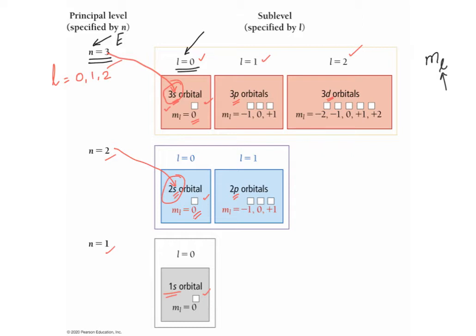Every single m sub l is one orbital, and it can take a maximum of 2 electrons. So 2 electrons here, 2 electrons here, and 2 electrons here. Okay, now same way